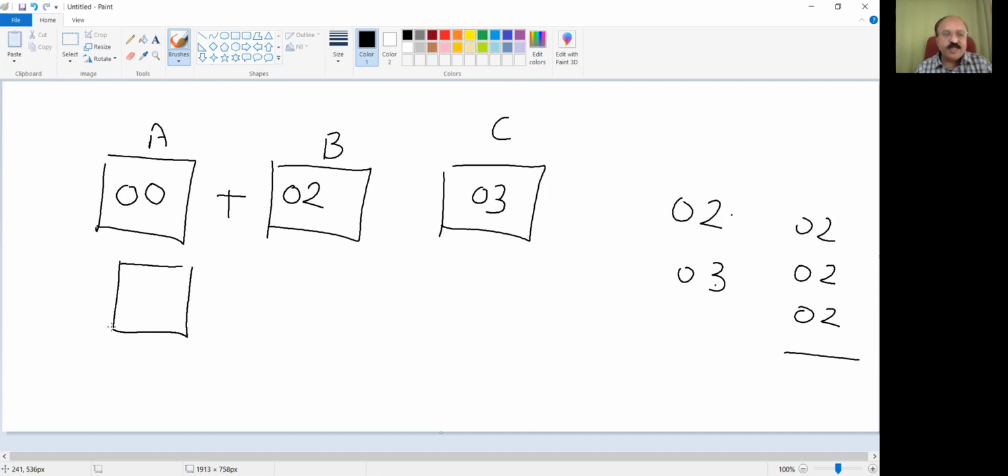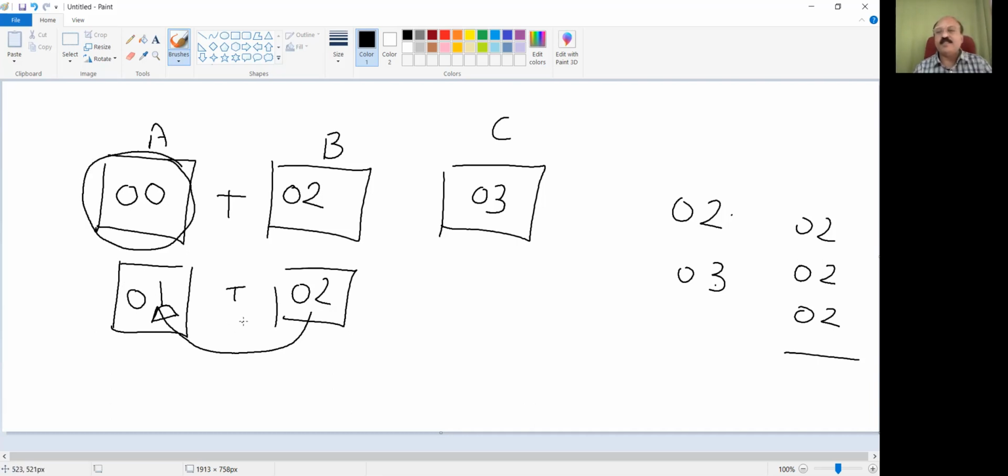If the previous data in the accumulator is 01, and we say ADD B, then 02 will be added to 01 and the result stored in the accumulator. That's why it's good practice to initialize the register. So we have initialized it with 00. So A plus B, 00 plus 02, will be added and the result 02 will be stored. So this first 02 will come.